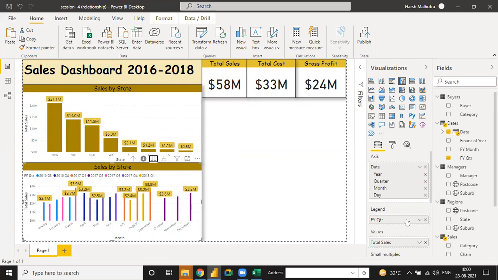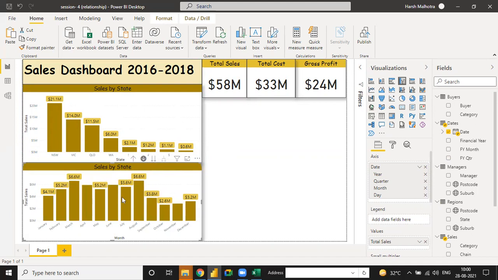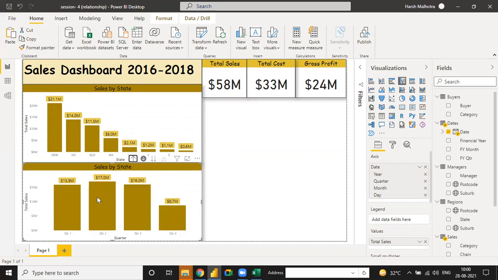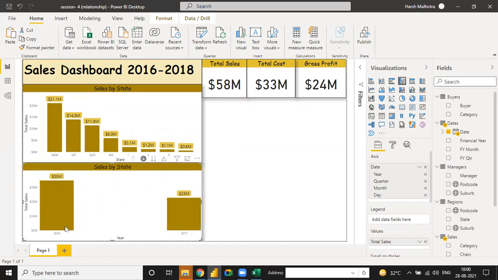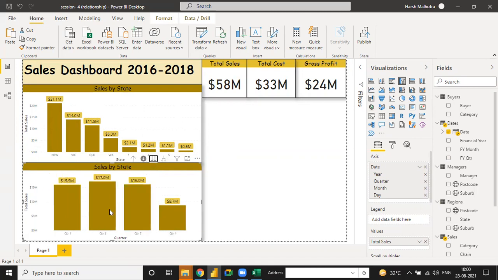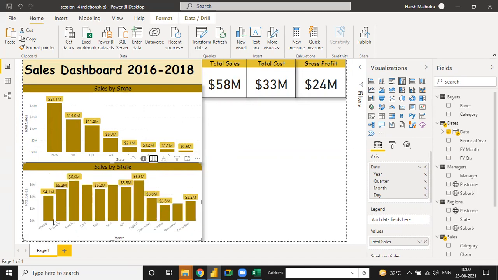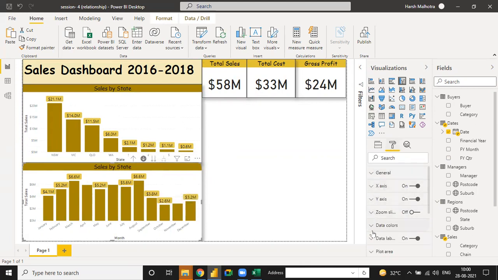If you see the financial quarter into the legend, but one more thing, when you see this kind of sales over there, state quarter wise sales, next month wise sales, second one sales, and third one is state wise sales. See, sorry, month wise sales. So you are using a date wise sales here. Data table is a sales wise.